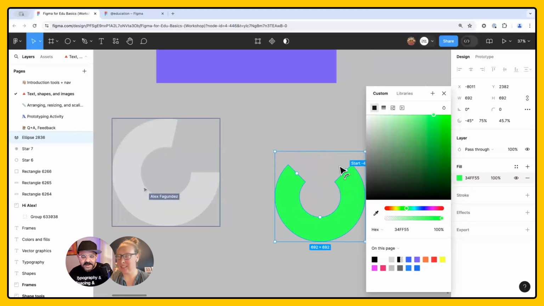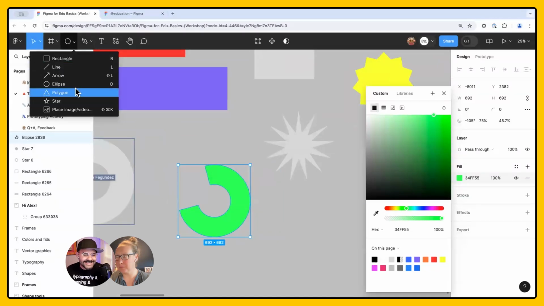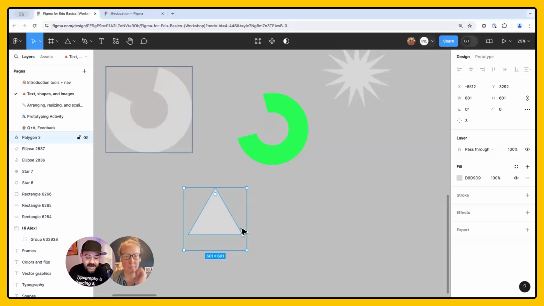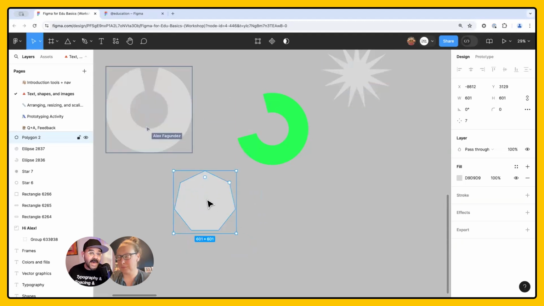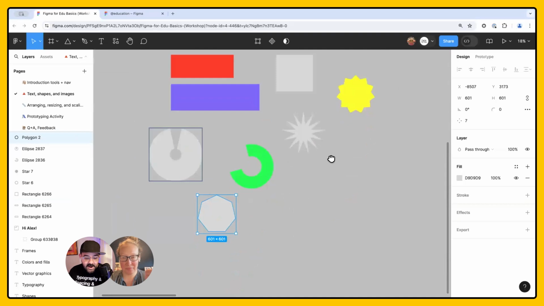So this is a bit of an innovation with Figma. So you can try out different shapes and take a look and see what you can create. My favorite is playing around with the polygon tool, and I could draw out as many sides as necessary, and I can keep on going till it just about creates a perfect circle. So there we go, the polygon tool. If I need a hexagon or a seven-sided one, and that's called a heptagon, H-E-P-T, heptagon. There we go, I've just created that. Okay, cool. So play with shapes, get comfortable with that.